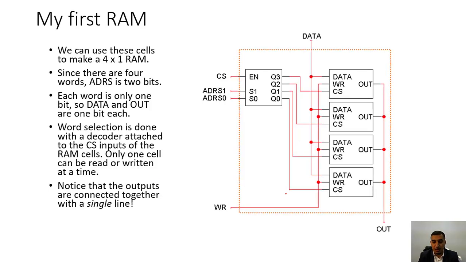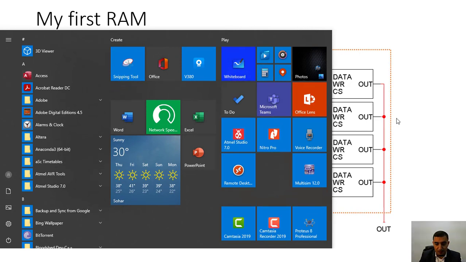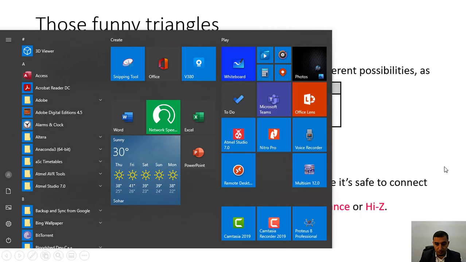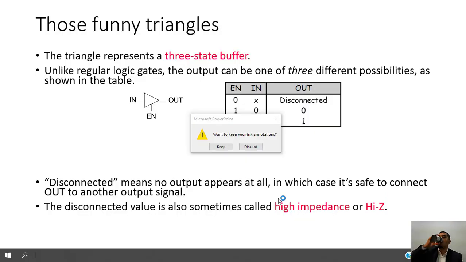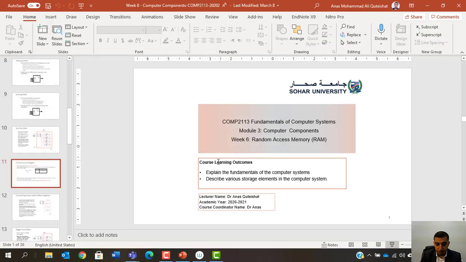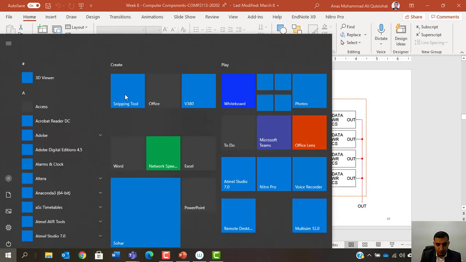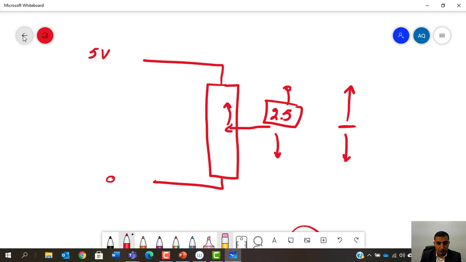Now, let's start by designing our RAM. When you want to design a RAM, the first thing you need to have is, let me open the whiteboard. Where is the whiteboard? I just want to open the whiteboard. Okay, so